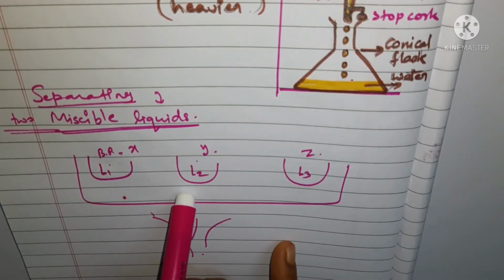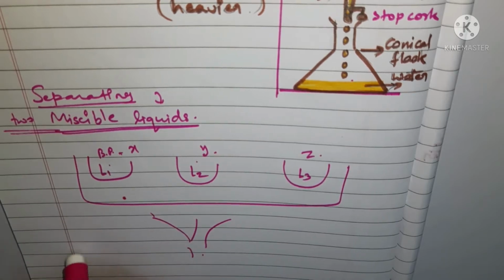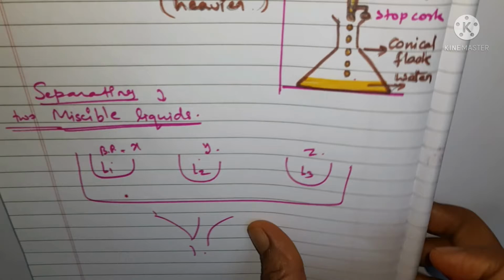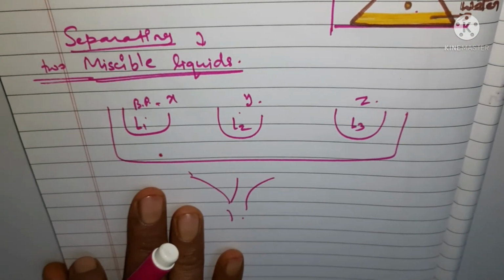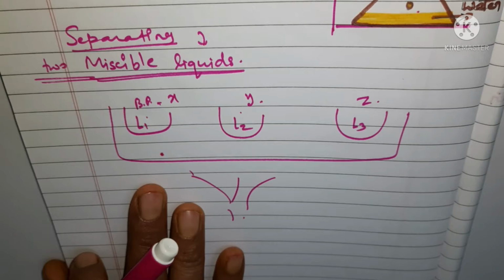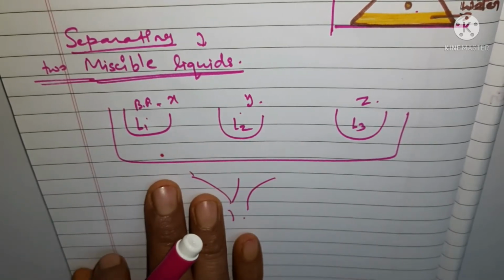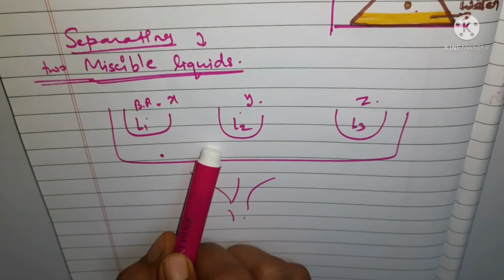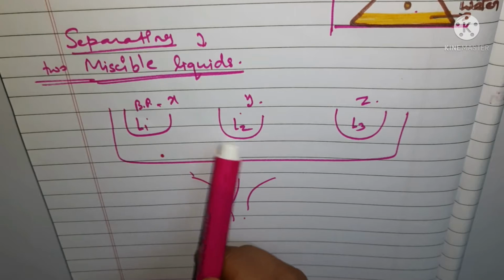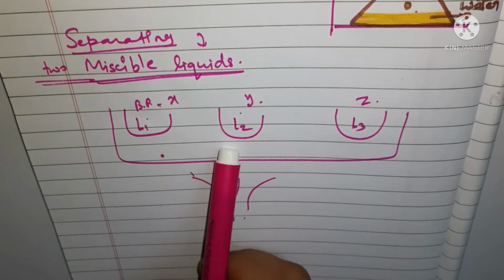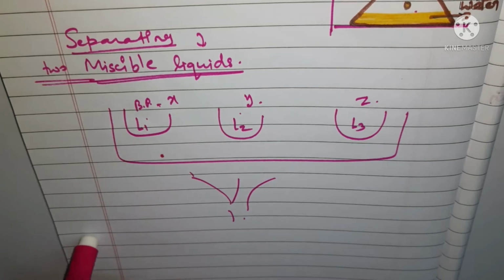Here we are going to use the distillation process itself. We have seen the distillation process. What happens in the distillation process? It was used where you wanted to get each and every component of the liquid and solid. But here also we are going to use the same thing, the distillation process, in which the liquids are allowed to change to vapor state, and then they are condensed and separated out.